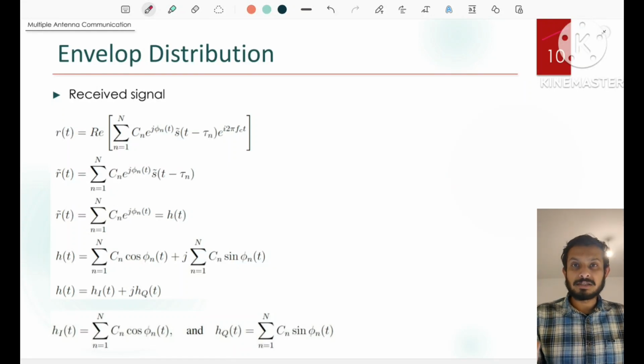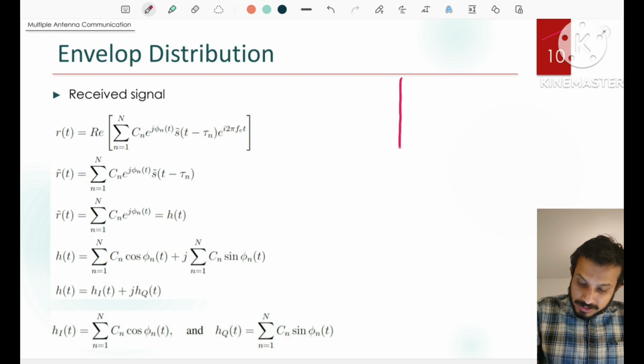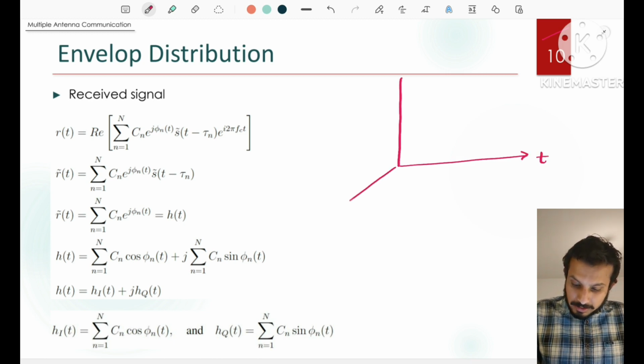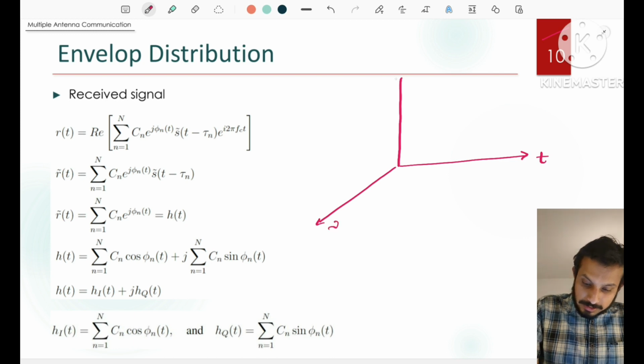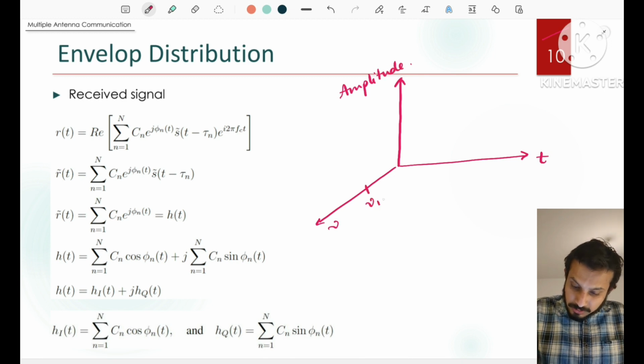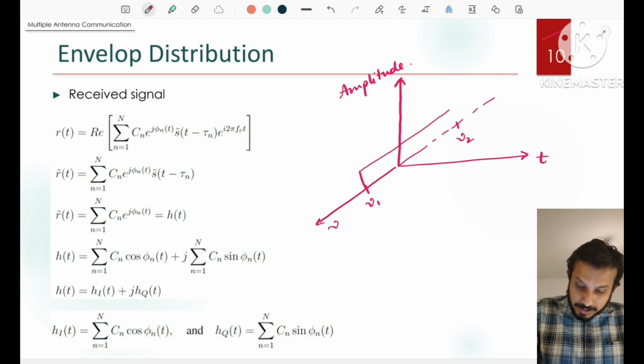Previously, we discussed frequency flat fading. Now, what do we mean by frequency flat fading is this. If this is the time axis, this is the frequency axis, and this is the amplitude. So within the range, within the band of frequencies, nu1 and nu2, the amplitude of the signal will remain unchanged